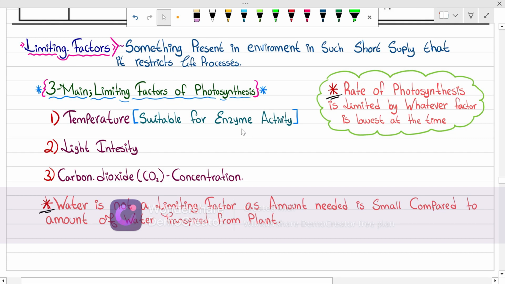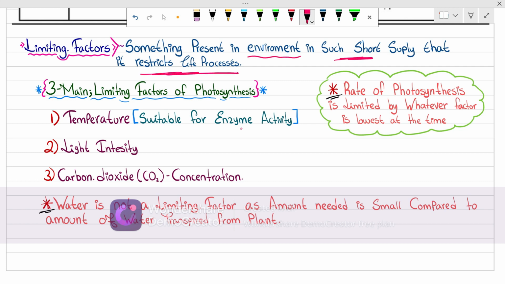And with that, we are done with all the experiments for this chapter. Now we're going to start a new part of this chapter known as limiting factors. A limiting factor is something that is present in the environment in such short supply that it restricts life processes. So it's something that's present in such short supply that it doesn't allow the organism to carry out its life processes